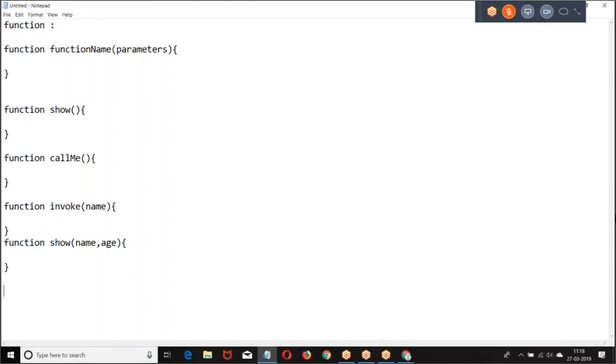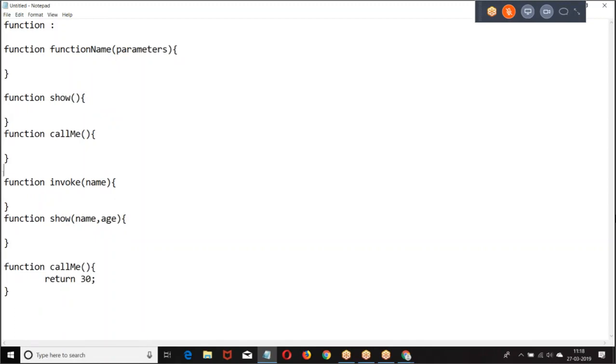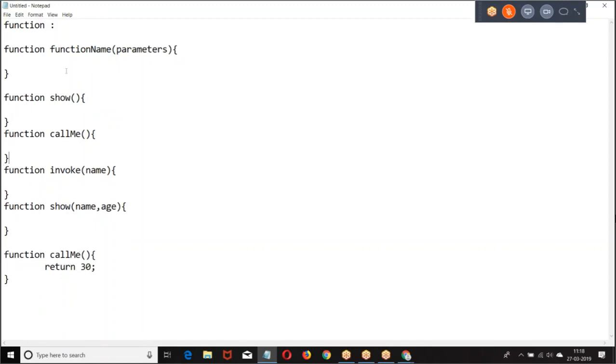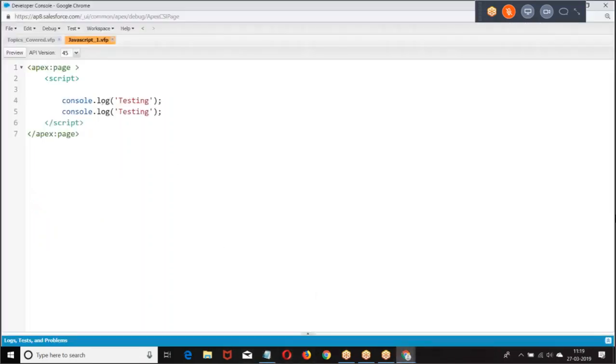Now, if you want to give a return type, this is how I am giving it. I hope you are good with this functionality. Function, function name, parameter, return type. Clear? Okay.